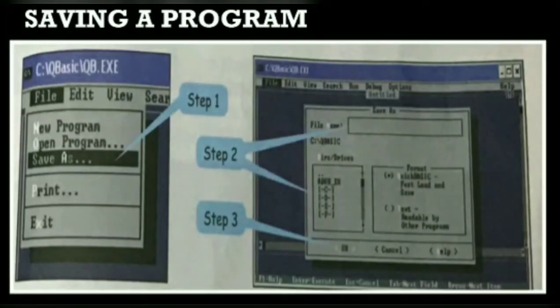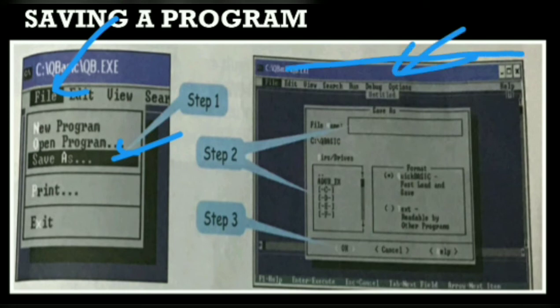After creating a program, if you want to save your program, follow the given steps. First, you have to click on the file option in the menu bar. Then this list will be displayed. Then you have to click on the save as option. When you click on the save as option, the save as dialog box will open.